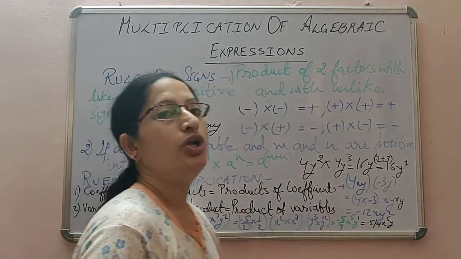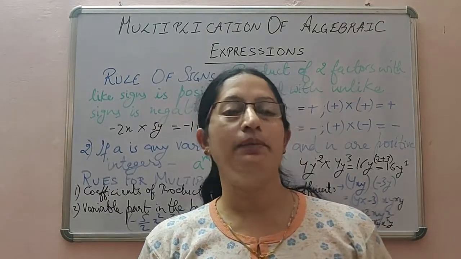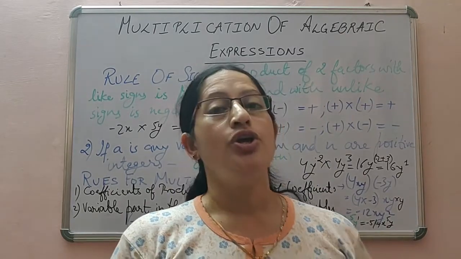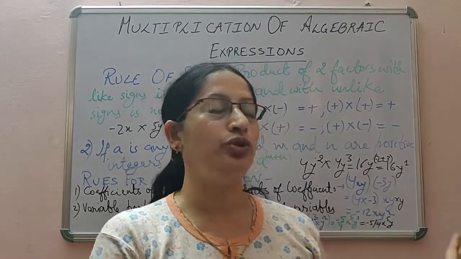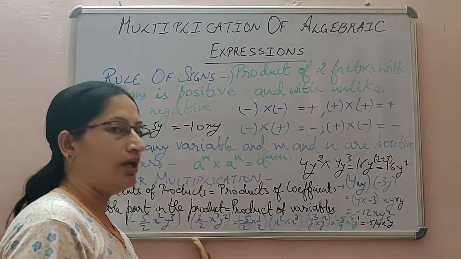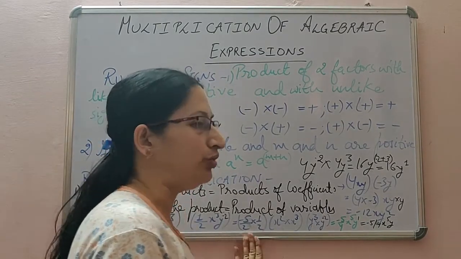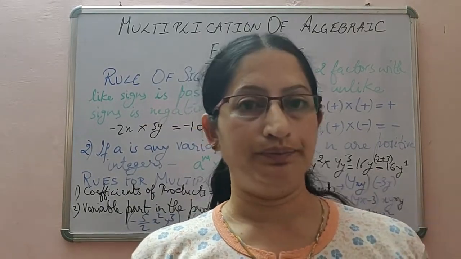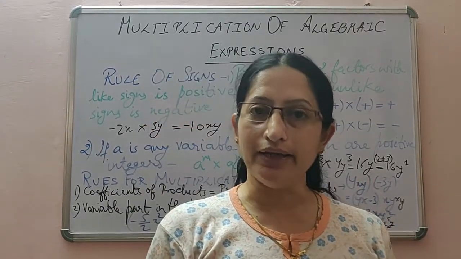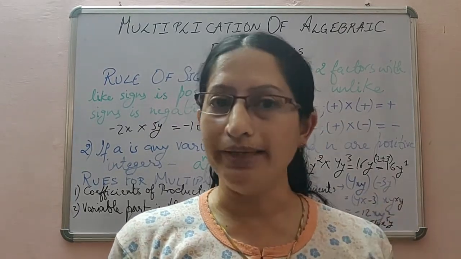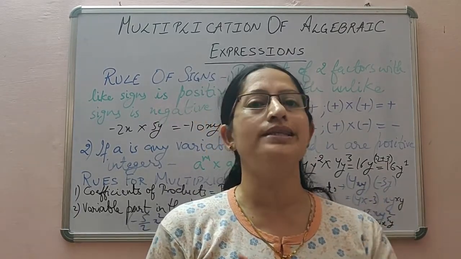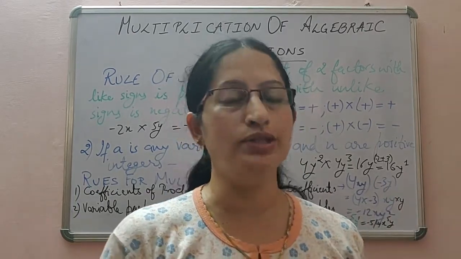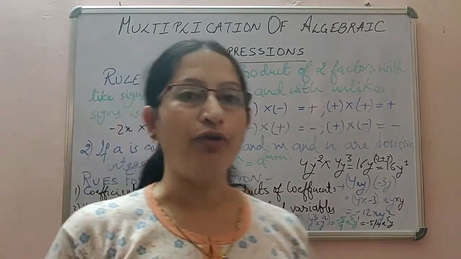Okay students. So I hope you have understood today the basic rules of multiplication of algebraic expressions. So try out the sums I have shown you with the help of monomials. These rules I have shown with the help of monomials so that the base is clear to you and the concepts get clear to you. Now you can try it out with monomials, binomials, trinomials, polynomials, all types of algebraic expressions. The same basic rules of multiplication are followed.